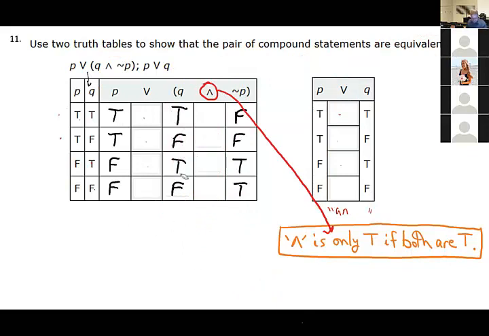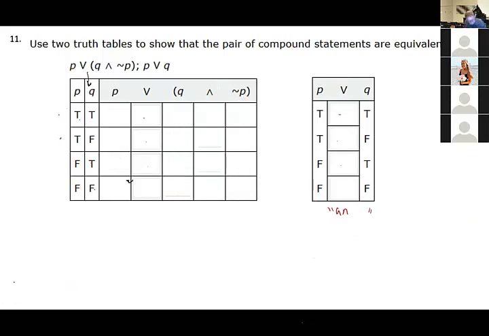So if you go back to this problem, I see these parentheses here. So I'll just say, okay, I'm going to do those first. I'm paying attention to those parentheses, so I'll go ahead and do them first. But in order to do the parentheses, I know it's going to be an and. I've got to figure out what's on both sides. Well, the first on the left is easy. It's just Q. So I literally go to the Q column and I just copy it down. So I get true,